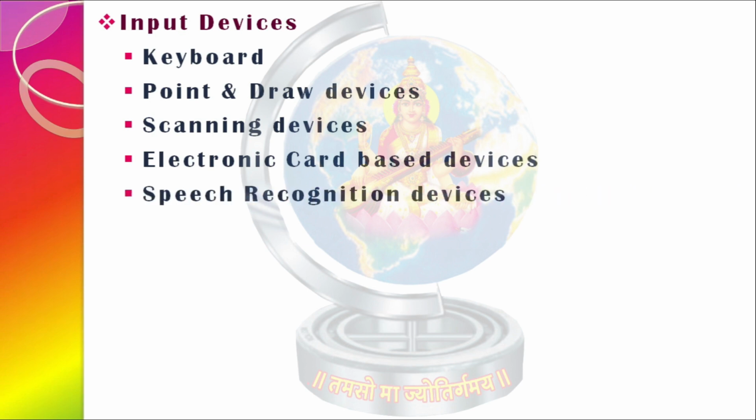Then the next input device we will learn is the speech recognition device, meaning a device which can identify your speech and work accordingly. How? That we will see later on. Then next is the vision based device, meaning how the electronic device will see what we are able to see, and based on that what kind of outcome we will get. You will get that information from the vision based device topic, and which device will be used, we will also see when we cover that topic.